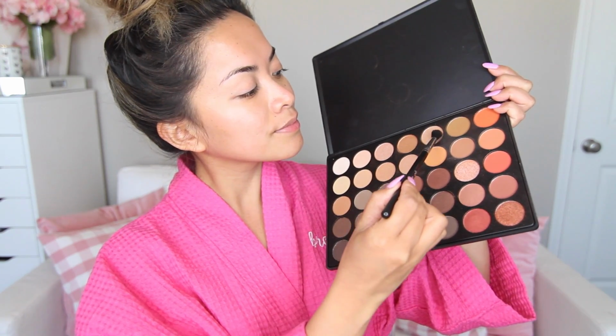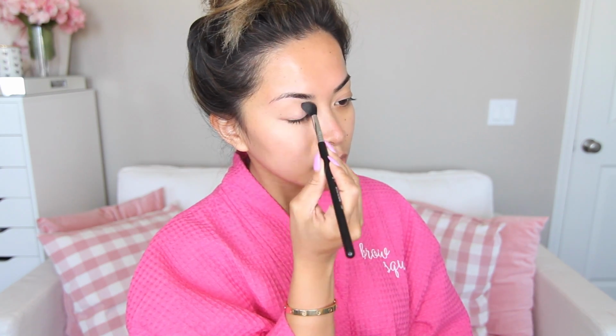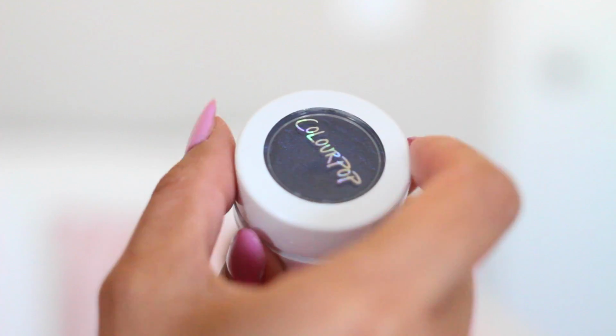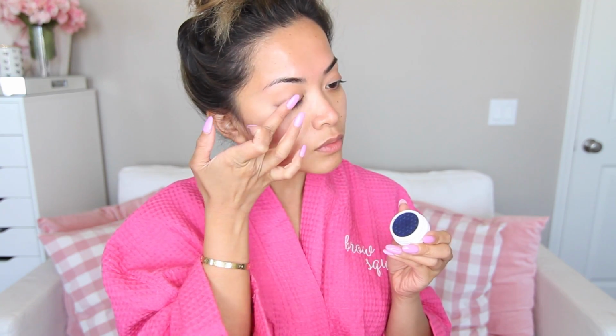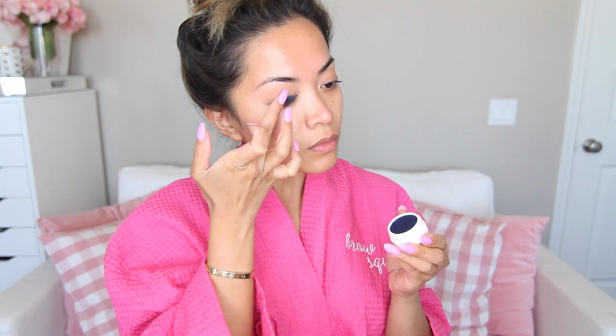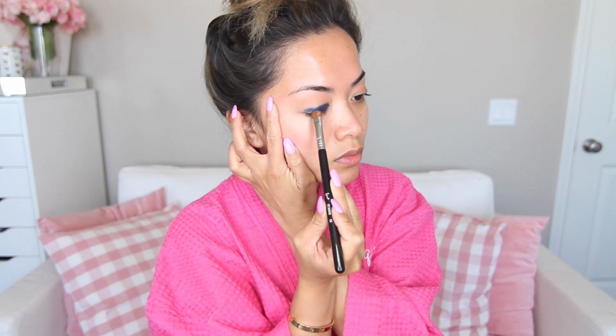Next, I'm taking that light eyeshadow with a blending brush and applying that to the crease of my eyes, and this will be the transition color. Next, I'm taking this gorgeous blue eyeshadow from Colourpop called Luckfully and applying that all over my lids. First, I'm using my finger to apply the eyeshadow, then I go in with a flat brush to really pack it all in there. And now I'm just doing the exact same thing on the other side, and don't worry